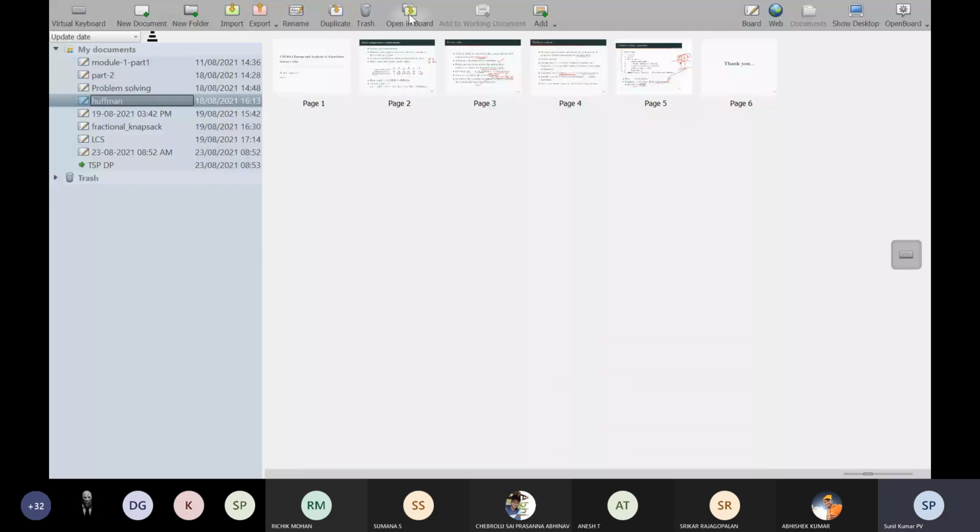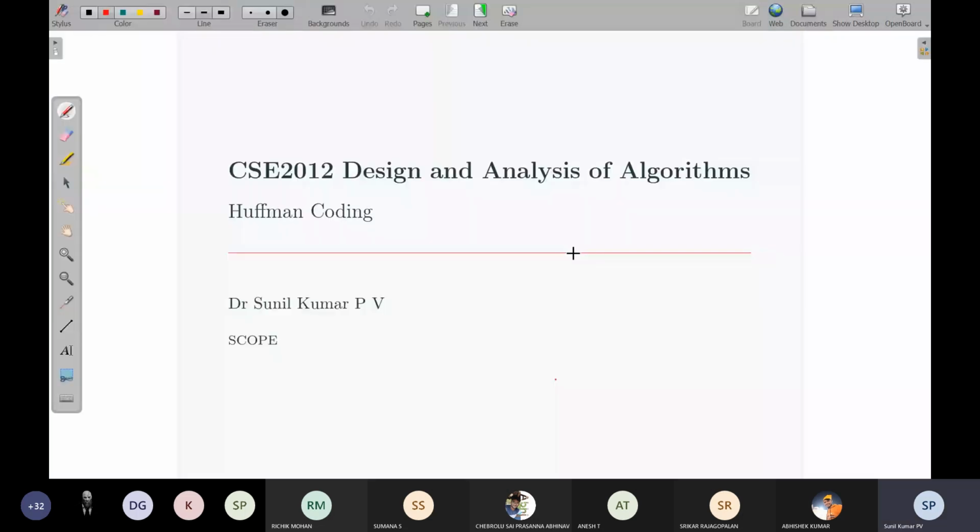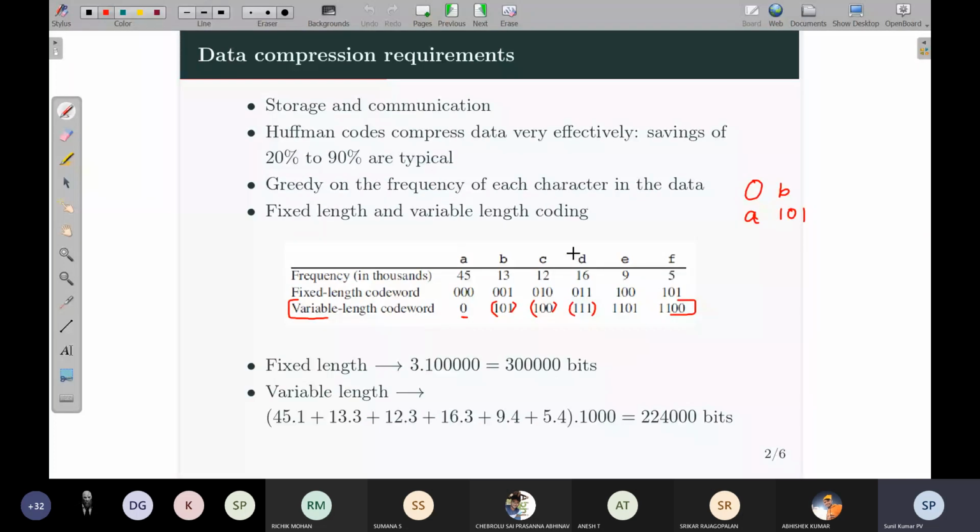Okay, so this is a Huffman coding slide. We didn't go through it, I guess, but it's okay. This is relatively simple since you know the concept. So we know the requirement: depending upon the frequency, we need to generate the code word for each character. And the second requirement is it should be a prefix code, that is, no code word should be a prefix of another code word. So these two conditions have to be satisfied.